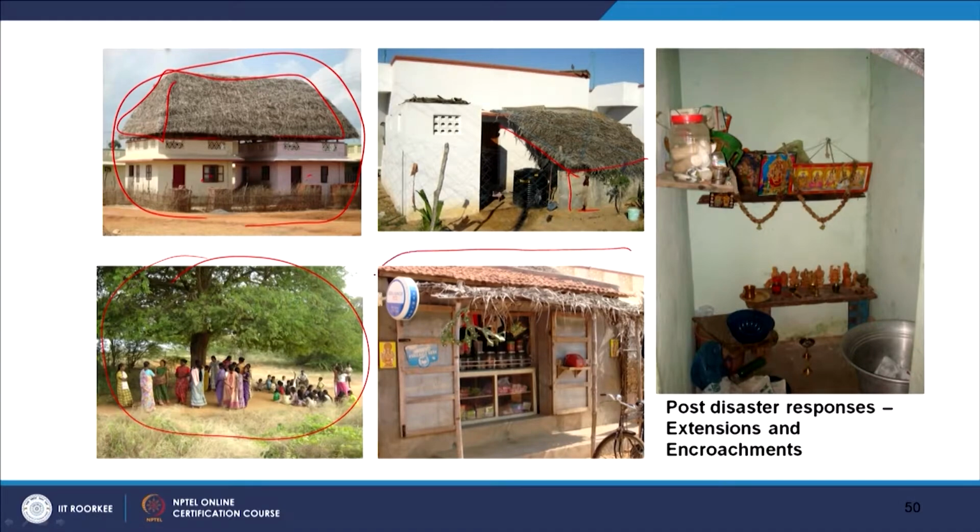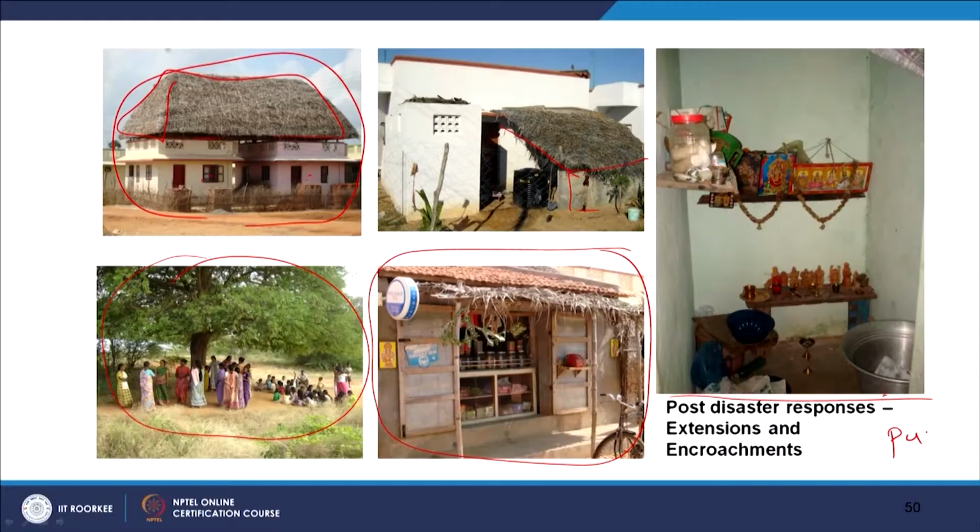Women who lost their husbands in the tsunami started expanding, having a small shop in front of the house. This is one of the important things. Even the toilets provided in the new houses were converted into worship areas, which are the puja rooms, because according to Vastu they believe the puja room should be there. They pushed the toilet outside. So in that way, even the building design level has not been well thought out for what a community needs.